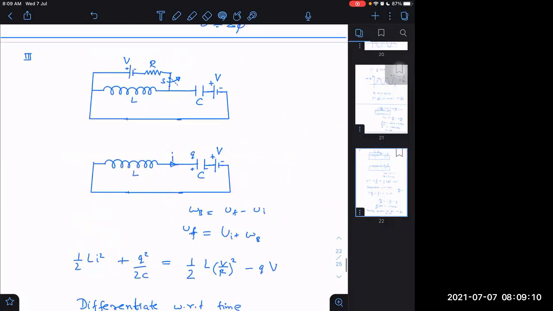Here let us check now. We can verify it so easily. When this will also have CV charge, then what will be voltage here? Voltage will be equal to V, and these voltages will cancel each other. Then what will be the net voltage appearing across this inductor? 0. Right or not? These two voltages will cancel each other. It should be minus and plus here, that way it should be. It should be minus, that side it should be plus. When that would happen, they will cancel each other. And in that case, the voltage appearing across inductor would be 0, and in that case, we already know it is equilibrium position.